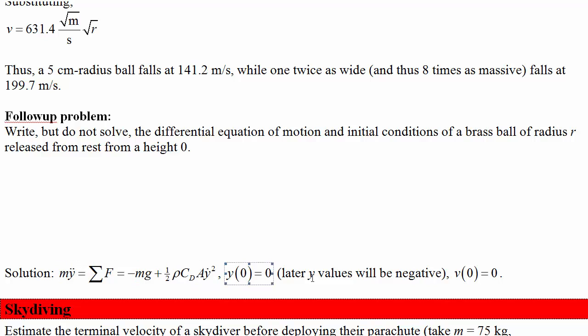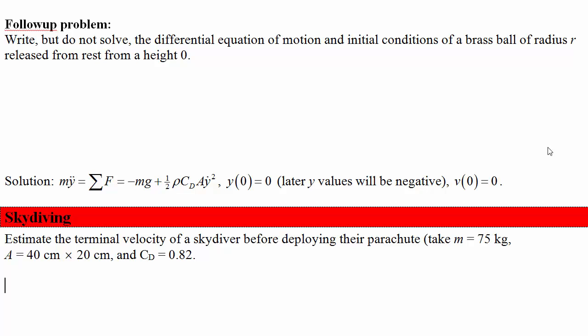And we also need our initial conditions, which a second order differential equation will need two of. The initial height is 0, and we are told that it's released, which tells us the initial velocity was also 0. Skydiving. Estimate the terminal velocity of a skydiver before they deploy their parachute, taking their mass as 75 kilos